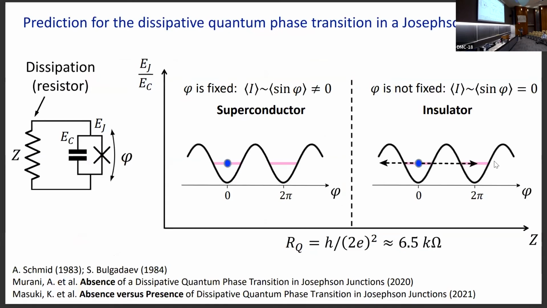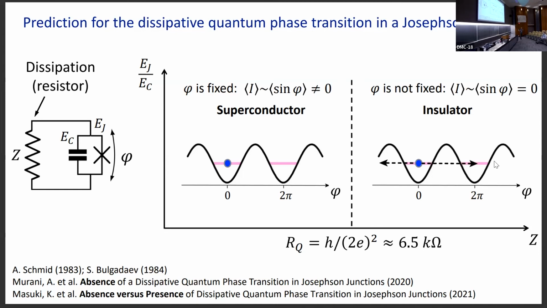So now, for the last time, I will talk about my third example, which is related to the previous one. It's also a single Josephson junction at the end of the transmission line. But now we'll make it a little bit smaller, such that there's only a single resonance inside. And there is this very interesting prediction, which has been around for almost 40 years, that such a system should go through a quantum phase transition as a function of the impedance of the environment.